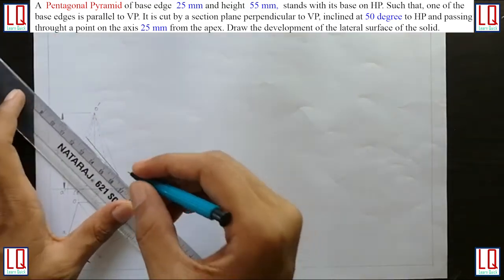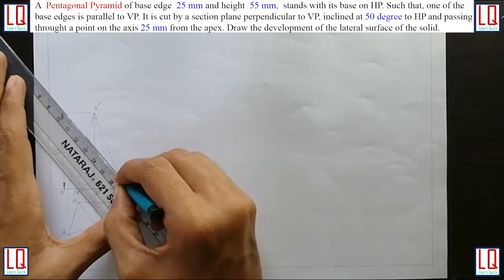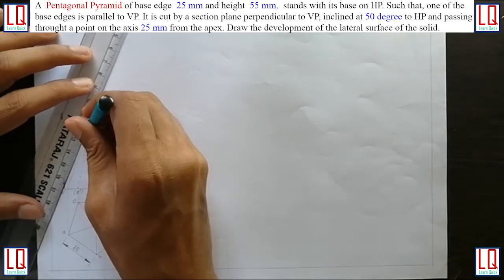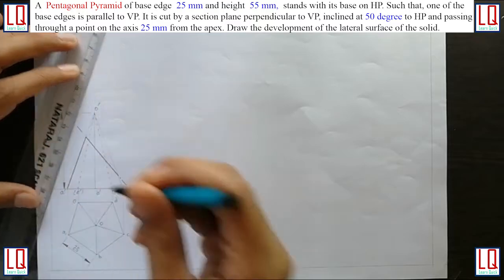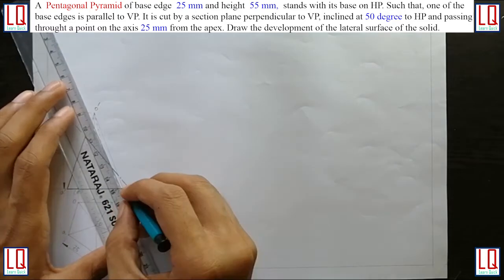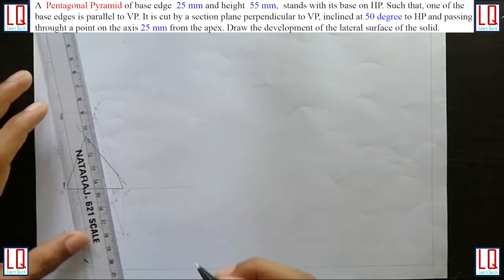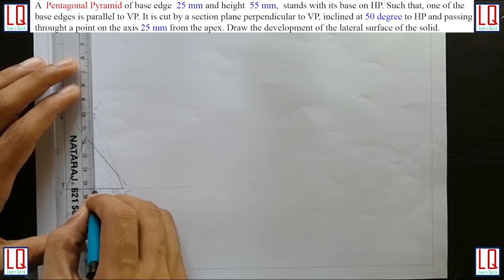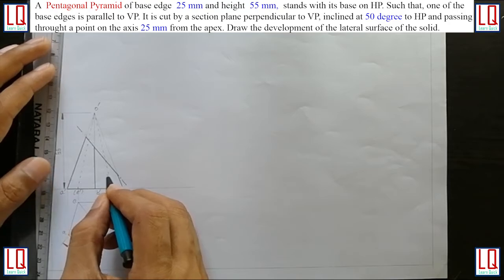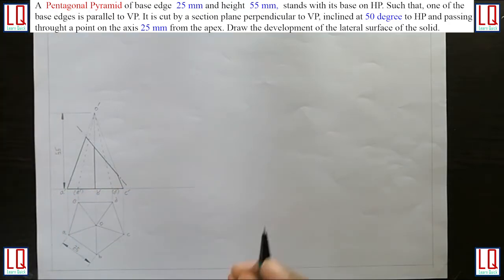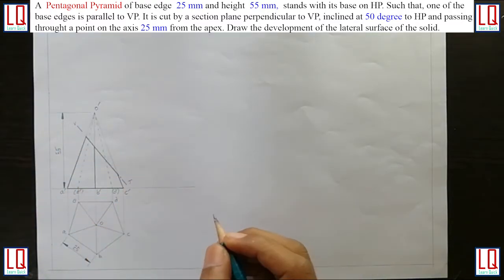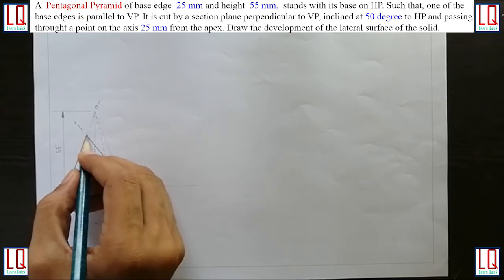Now whatever edges remain after drawing the cutting plane, make them with HB. This is remaining, I will make it with HB pencil. The base pentagon is remaining, make it dark. This region is remaining and this slant edge is also visible, make it with HB pencil. The hidden edges you should not make with HB pencil, do not do that. And name the cutting plane as VT.